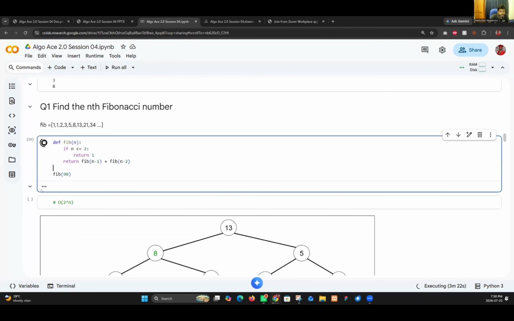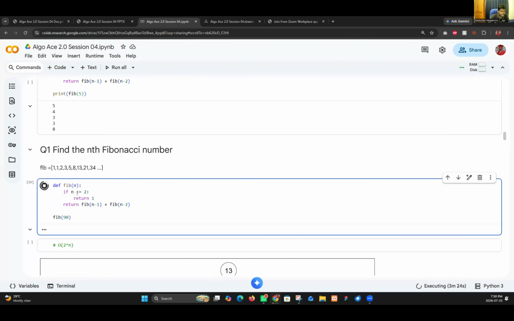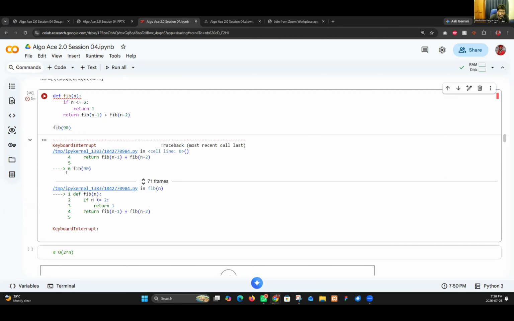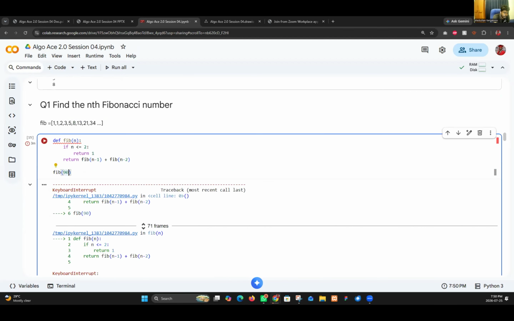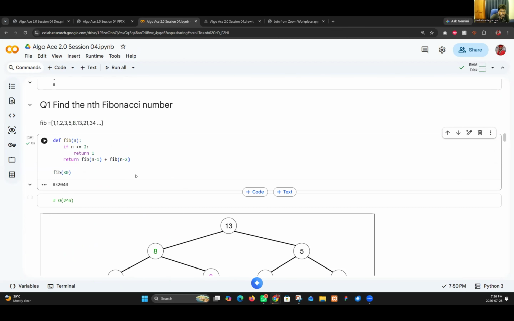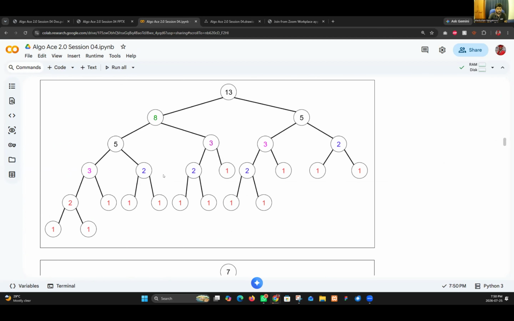So I think, okay, are you happy? Still the 90th value is running. I will stop this. So what about 30? Let's put it. Okay, 30 will run, but when you come to the 90, it will take a lot of time. So I think you see the pattern in here.